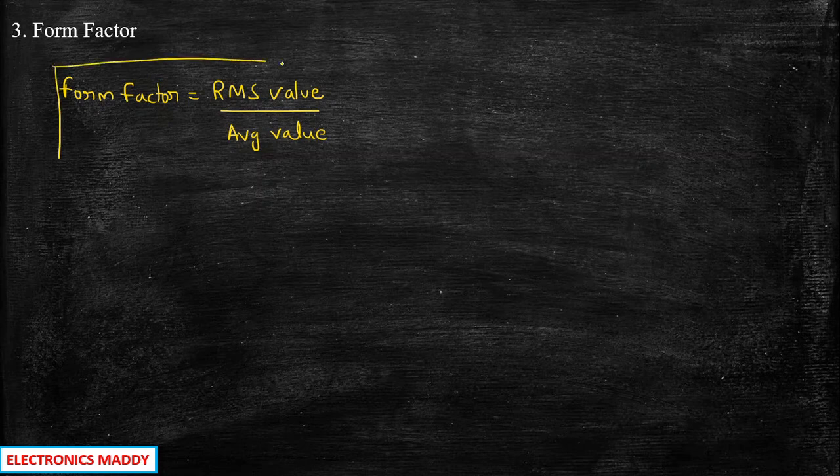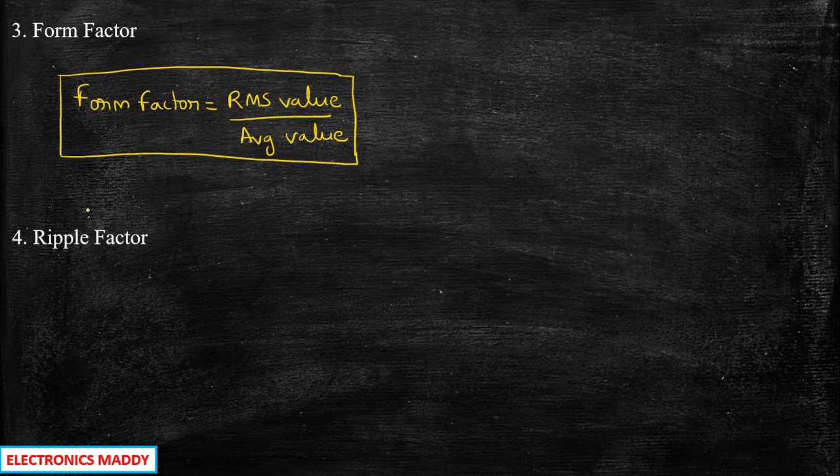Now we know two performance parameters. What is the third one? This you would have studied in basic electrical engineering as well. So in general, form factor is given as the ratio of RMS value by average value, isn't it? So RMS value you would have already found out by equation number 2 that we had seen, or the second parameter. Average value also you would have seen and found out. So based on these two values, we will be deciding what is the form factor of that particular circuit. So again, it's a very important parameter.